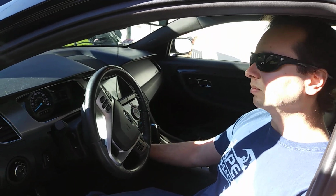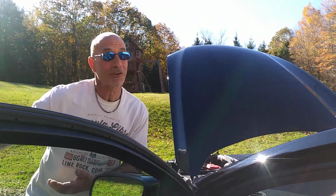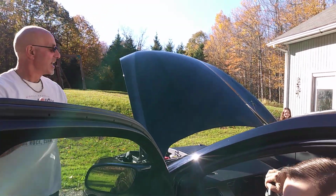It used to be, folks, that there was no replacement for displacement, meaning the bigger the motor, the more power you had. Nowadays,